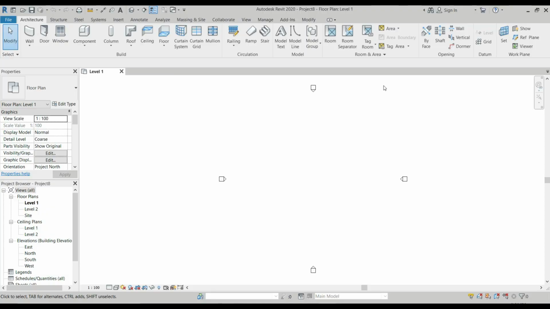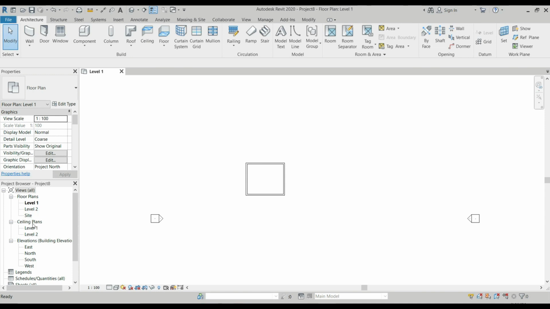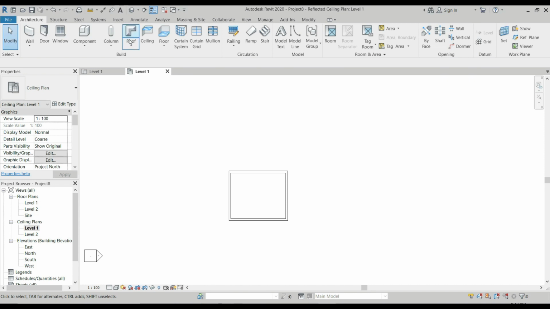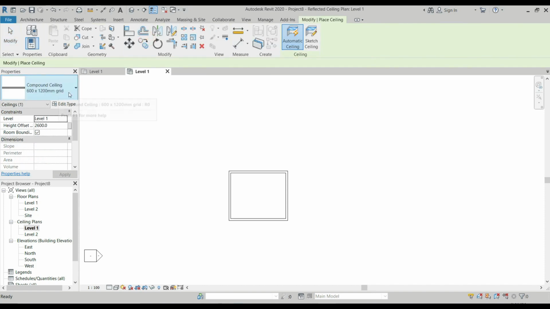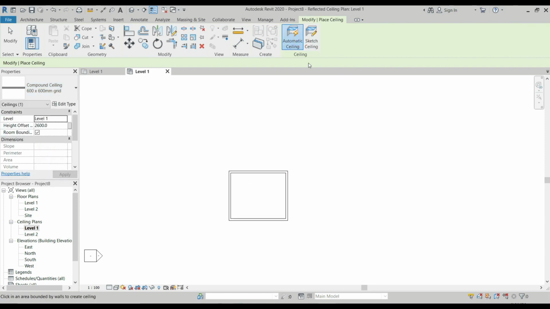Okay, so we're going to create a beam ceiling. To do that, we have to create a wall first. Then make the top constraint to level 2. Next, we have to go to the project browser and click the ceiling plans level 1. So double click it. Then here in the architecture tab, we have to click the ceiling icon, then choose the type of ceiling that you want. So I'll choose this one, then automatic ceiling,